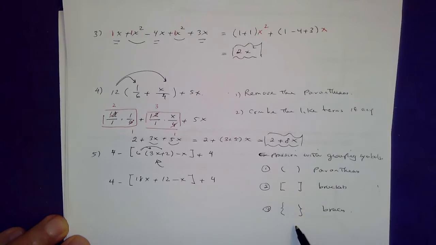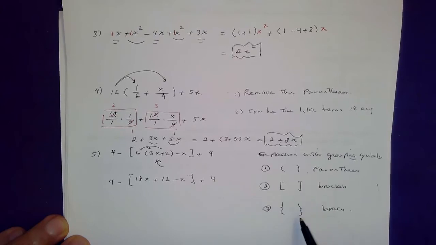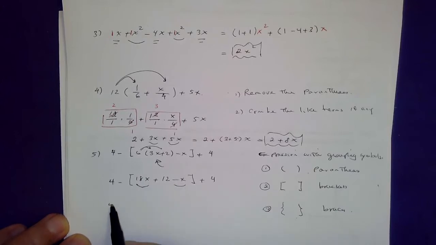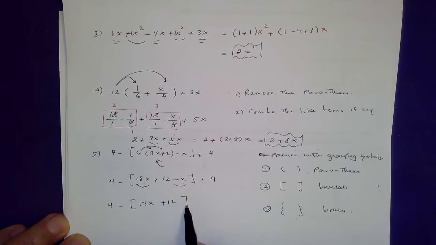Remember, these are the ranking of the what? High ranking of the grouping symbols. Parentheses first, brackets next, braces comes last. Okay, I see like terms here. Okay, so that would be 4 minus 18 minus x, so 18x minus 1x gives you 17x plus 12 plus